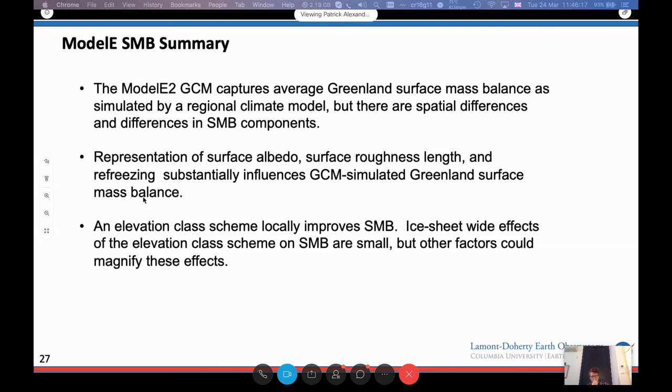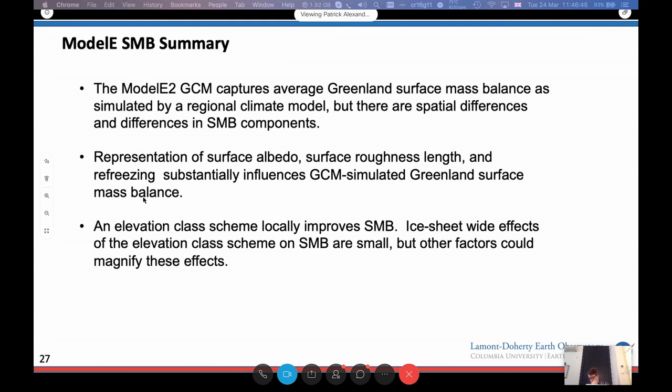We also found that elevation classes can locally affect surface mass balance. So we can get a much higher resolution of simulation of surface mass balance, and this is important for coupling with ice dynamics models. So it's important to capture. But overall, we didn't see a large effect on surface mass balance. However,